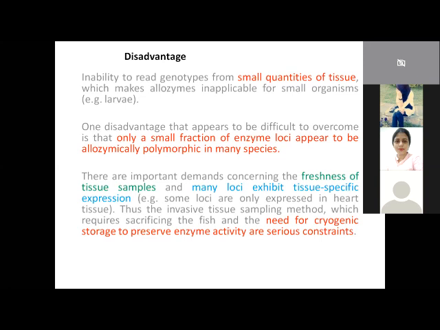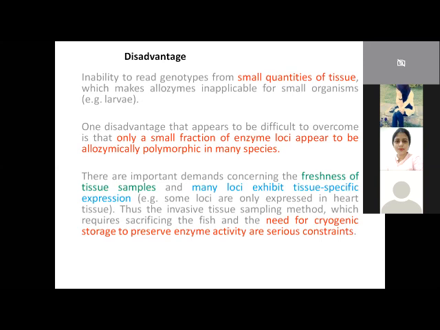Another, suppose you have to do the allozyme pattern, if you see the expression pattern in a tissue-specific manner. Suppose you want to see the expression of a particular gene in the heart tissue. So you have to sacrifice the animal, because you have to take the heart out, then make the tissue suspension of the heart tissue, and then do the sampling. Okay, so if your sampling is tissue specific, you have to sacrifice the species.